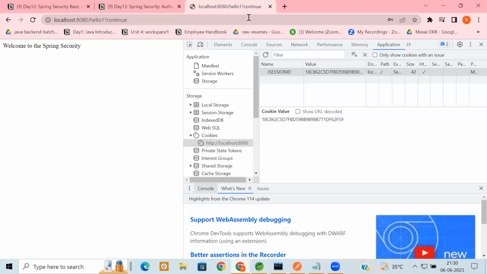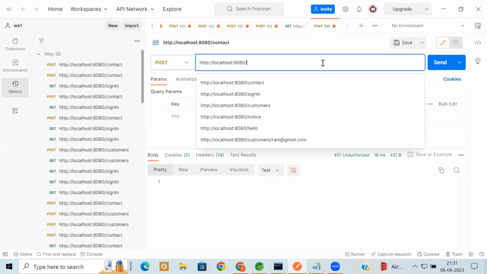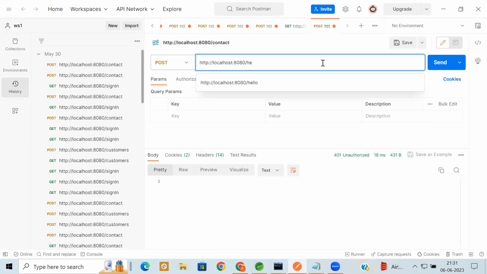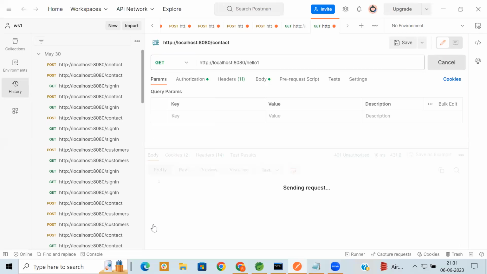Now, this is the whole thing about how our authentication is working based on our browser. But from where should we pass the username and password using Postman? Let's try to call this API using Postman. So I'm trying to call this API, that is hello one, and it should be a GET request. Now, if I try to send the request,